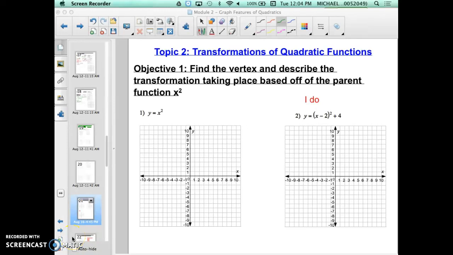Hello everyone. Topic 2 is transformations of quadratic functions. So how quadratic functions move around based off of the parent function x squared. The word transformation just means how they move. Find the vertex, objective 1 in this video, and I'm going to do objective 1 and